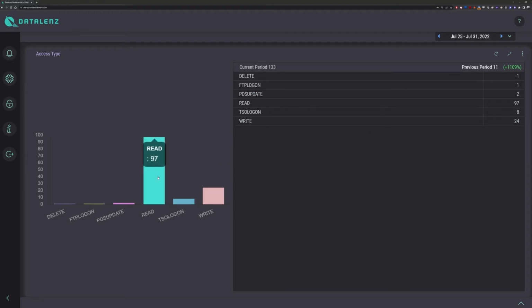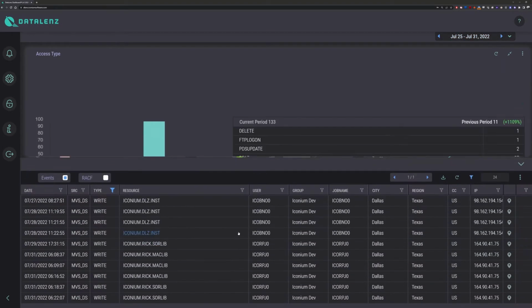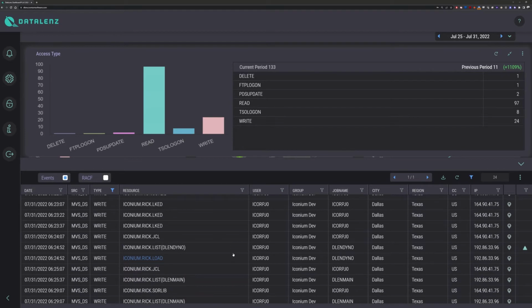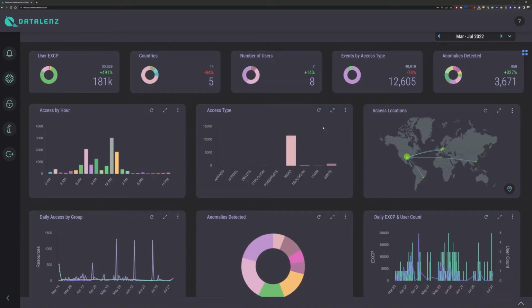It took that long. I was able to see how many reads and writes for last week, and it just took a moment. And now I can drill down and really see the details of what that access was. If somebody is taking a file, maybe it's some critical file that you have, and they're downloading it to their PC. If someone inadvertently deleted it, or you maybe have a job that's corrupted a file, you'd be able to